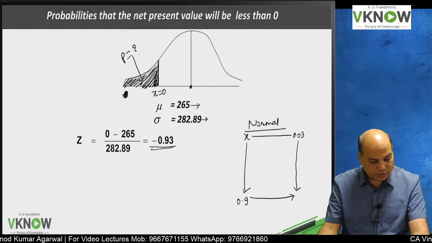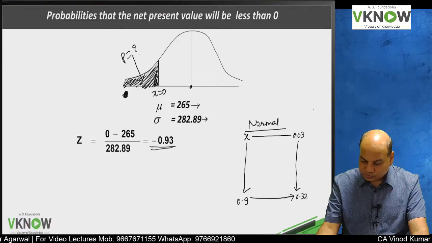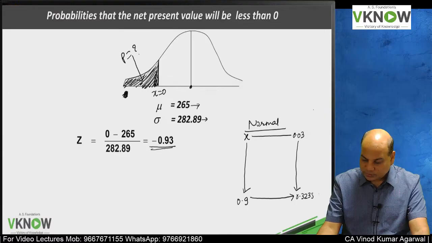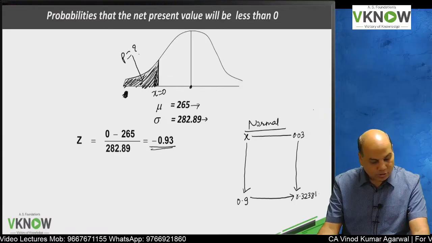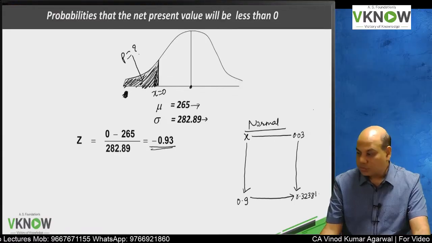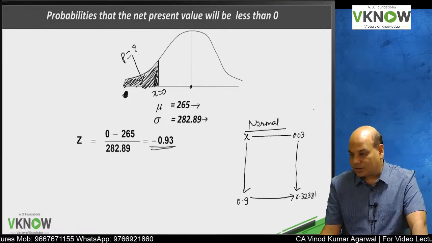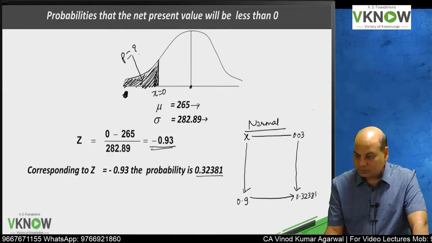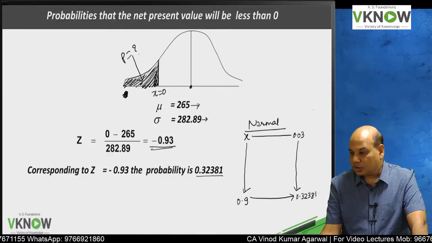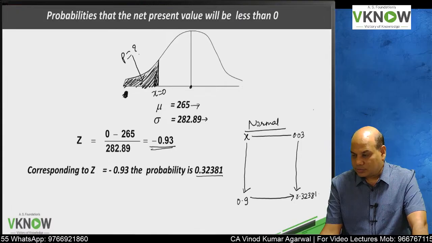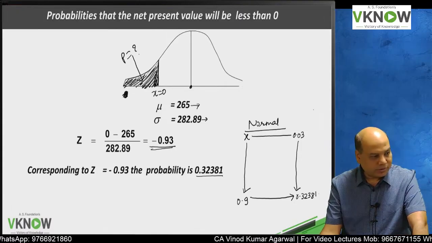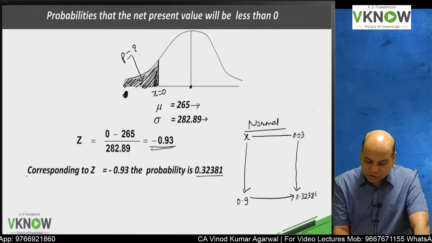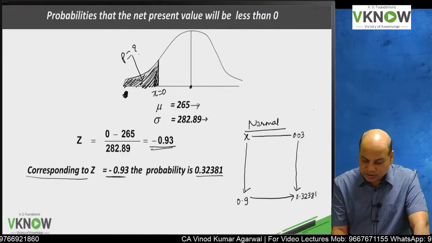You will find something around 0.32381 in that normal distribution table. Just check. Yes, it is right. So write down, corresponding to Z equal to 0.93,